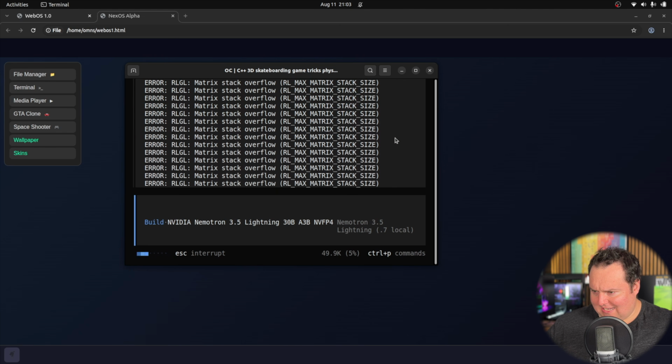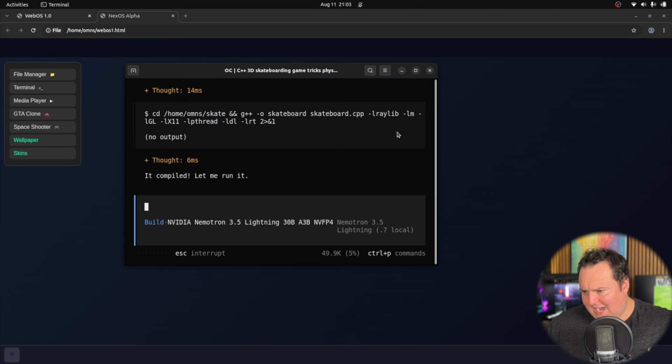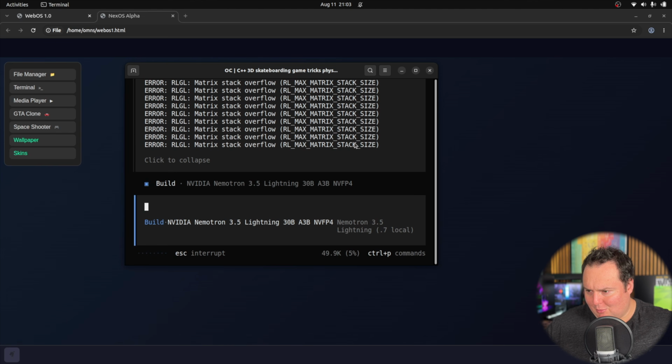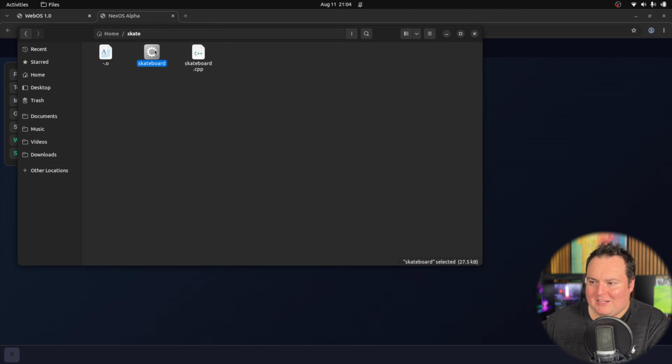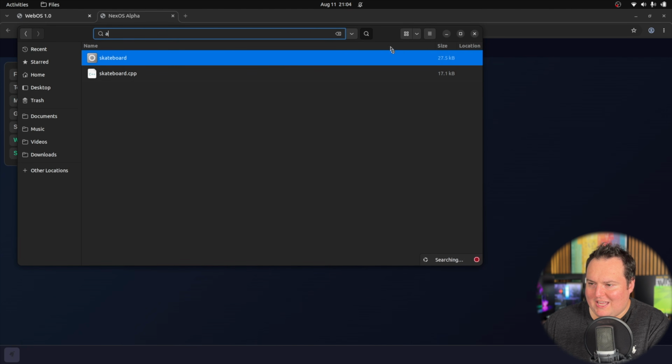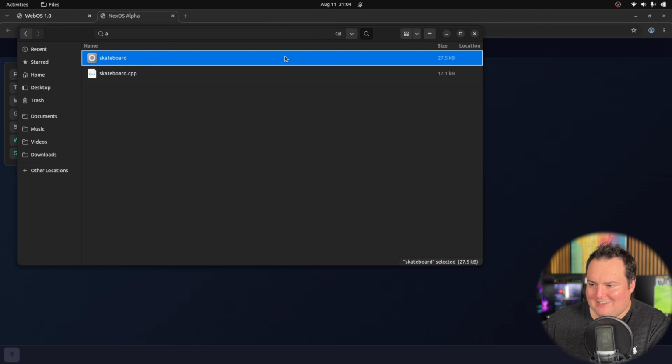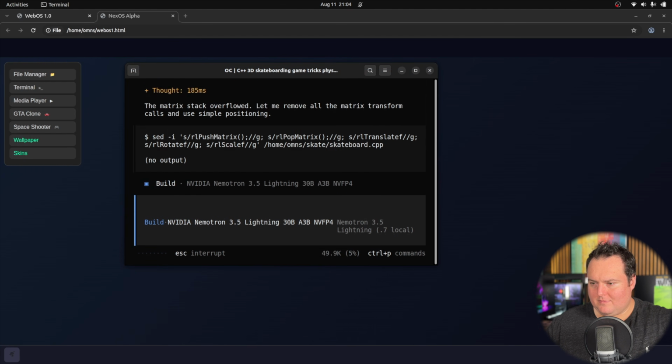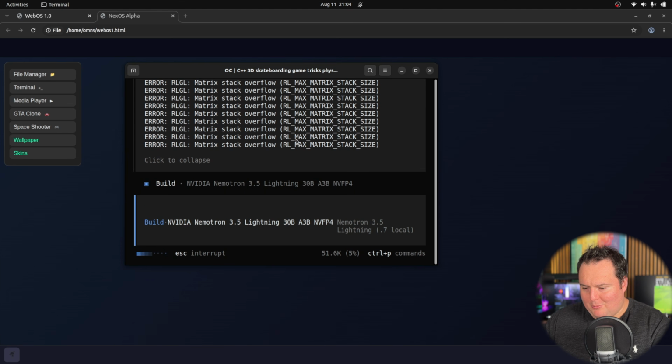Now, I would be lying if I said I know exactly what it's doing right now. Is it still trying to run it? Okay, so it opens and closes very quickly, though I did actually get some form of movement real quick before it... All right, and we're just kind of getting the same thing here. I'm not going to push this further because it's not going to properly knock this out, but it did get